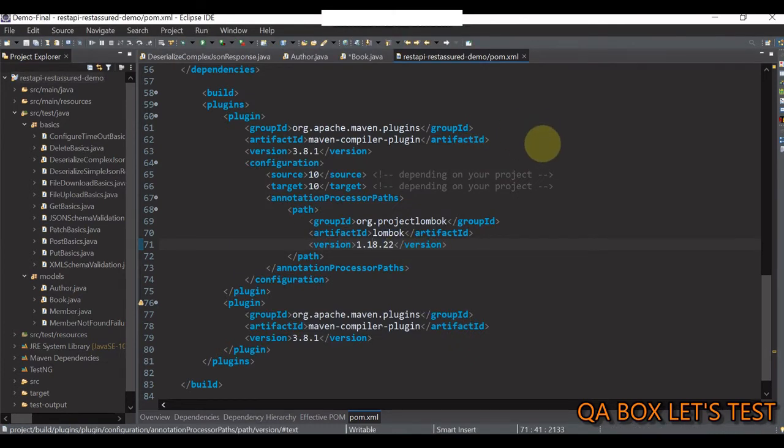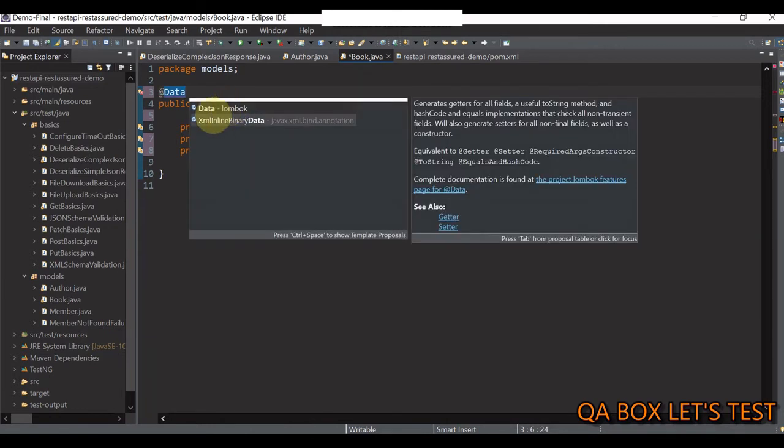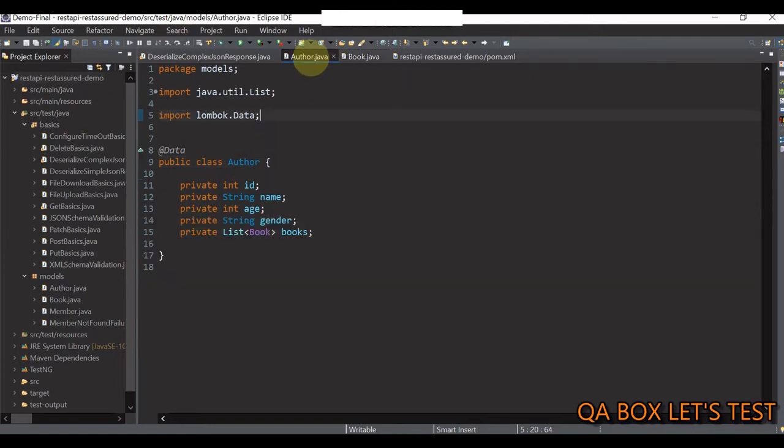And finally, all we have to do is decorate this book class with the annotation @Data. Now this will come from Lombok. All right, great. Save this. Okay, so this @Data annotation generates all the boilerplate involved in POJOs. Okay, likewise, I have created this authors class and annotated it with @Data annotation. And since an author may have multiple books, you see this books property is of type List<Book>.